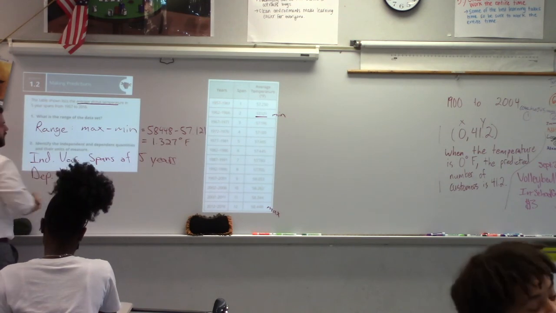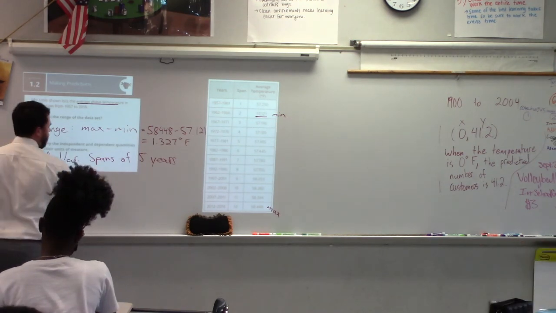Yeah, so the independent variable is the spans of 5 years, the dependent is the average